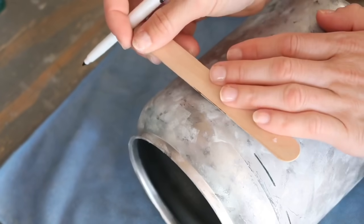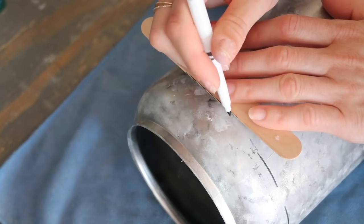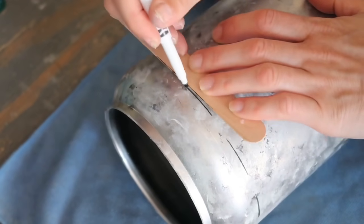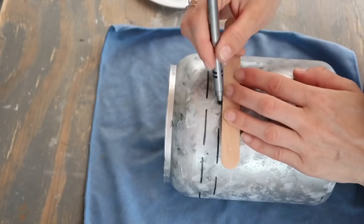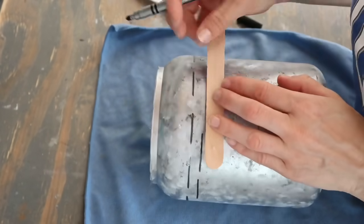So now I am creating these openings. It's going to be just fake openings. I am using my marker to create them. I wish I was able to cut it out somehow to really put an LED candle inside, but I was not able to do it. So I'm just creating faux openings. And after I was done